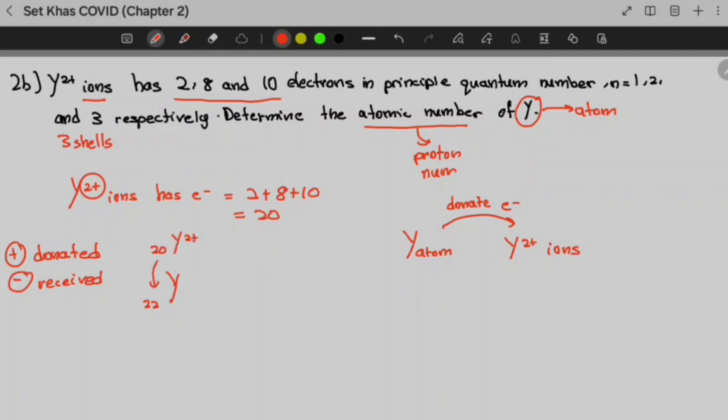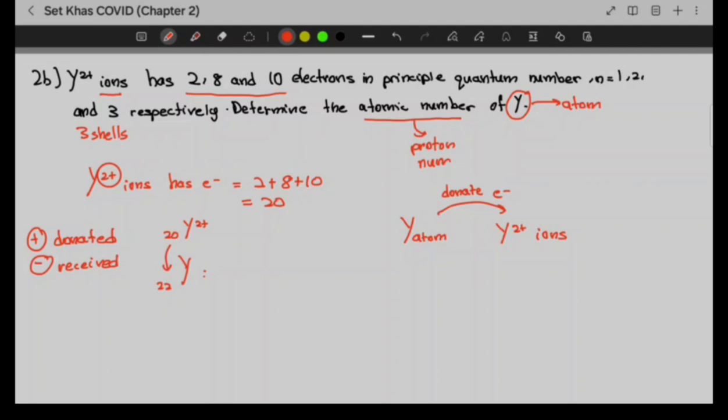So ions to atom, the original one is 22, the proton number. You have to write the electronic configuration of the Y atom to show how you get the atomic number of Y. So you write 1s2, 2s2, 2p6, 3s2, 3p6, 4s2, and 3d2. In the Y2+ ion, the 3d2 won't be there. But since this is an atom and it has donated 2 electrons, the 3d2 subshell will be there for the Y atom. So the atomic number